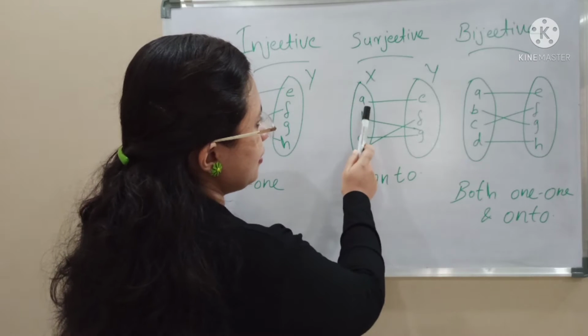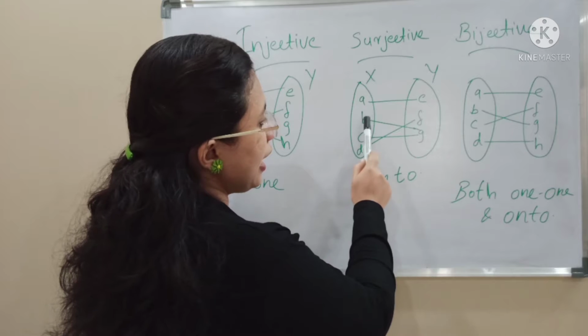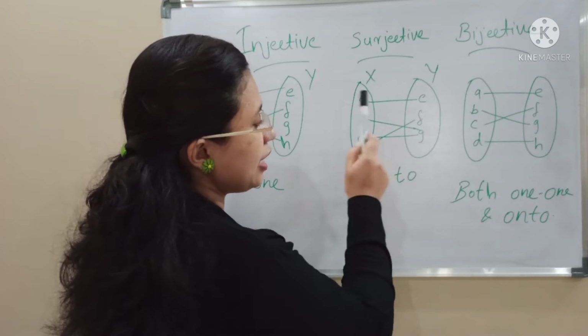We can see here A has the image E, B and C have the same image G,